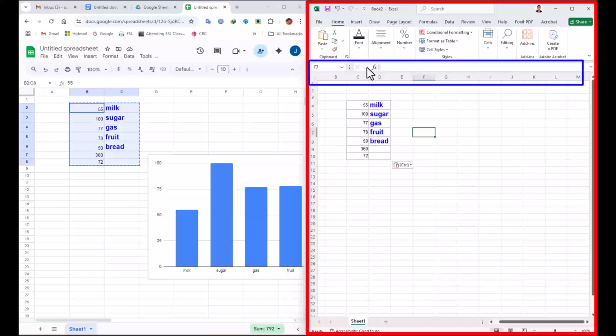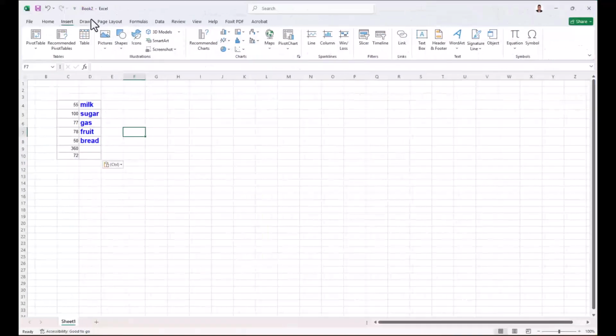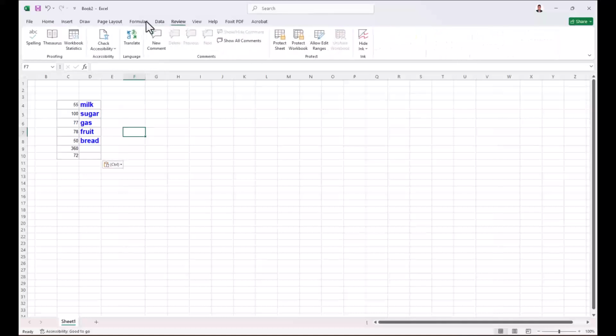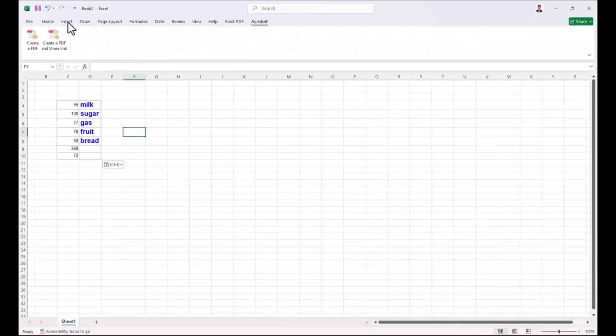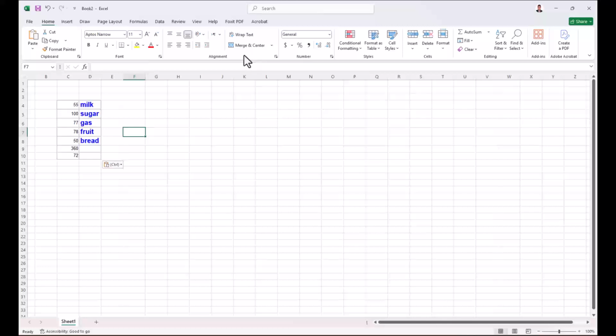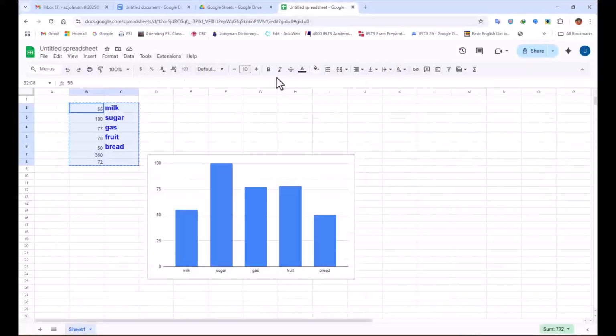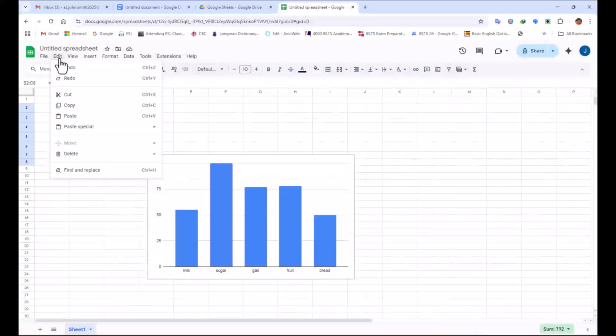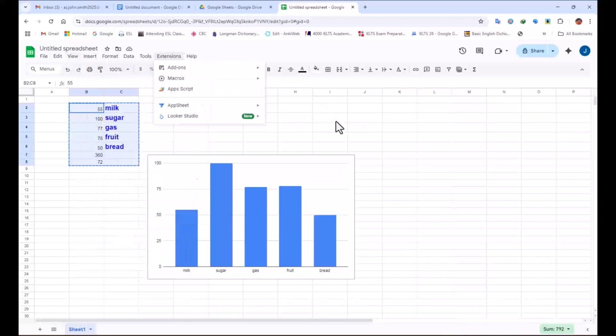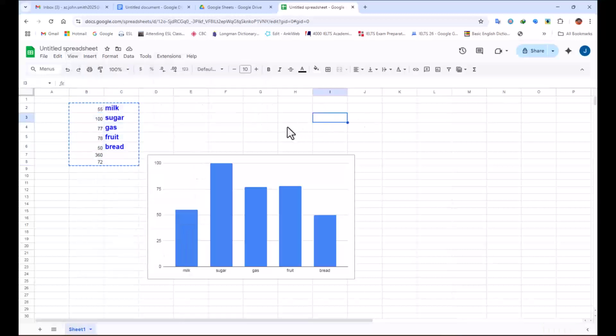For example, when you are writing a formula, there is some extra information here on the formula. If I maximize it, I have some extra information on the insert button, review, something like this. But most of them are similar to each other. I mean that we have most of the essential and necessary items here. So working with Google Sheets and Excel is completely similar to each other.